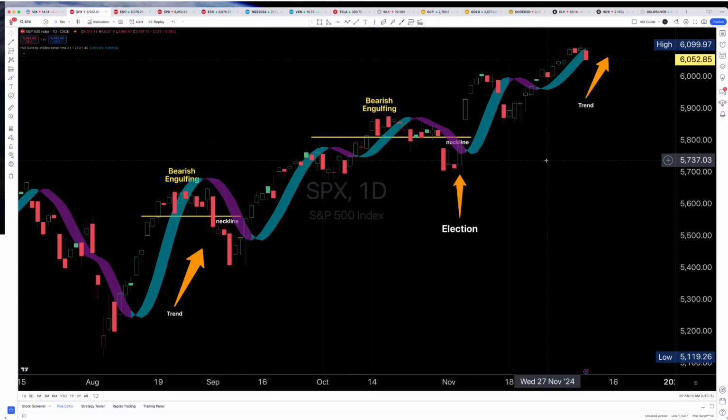And some people, instead of using above or below the average, might use the slope of the average. In the case of using the slope, you can clearly see that it's still pointing up, so those people would be choosing a bullish bias, and they would be placing call flies above the market. My method is to look at either above or below the moving average, and here you can clearly see that we closed below the moving average, so I would be looking at put flies.